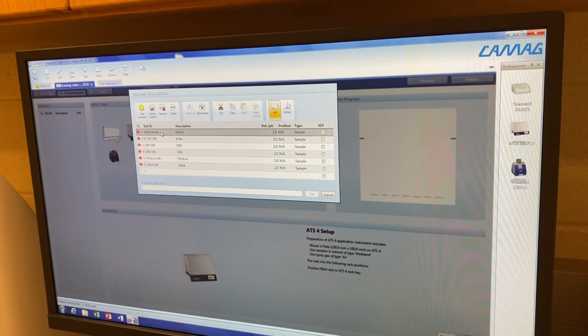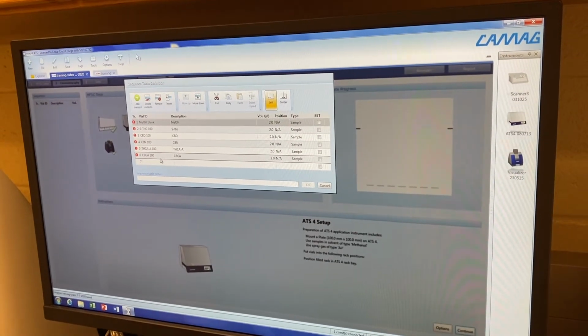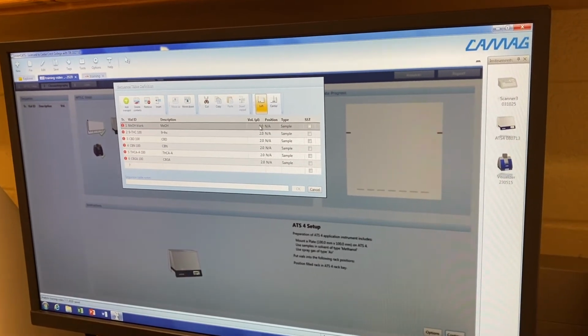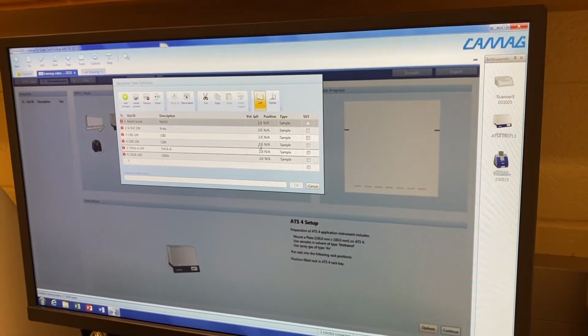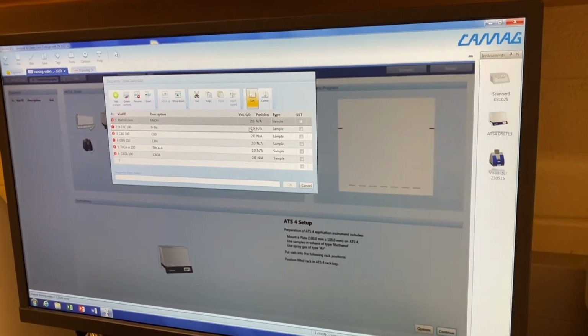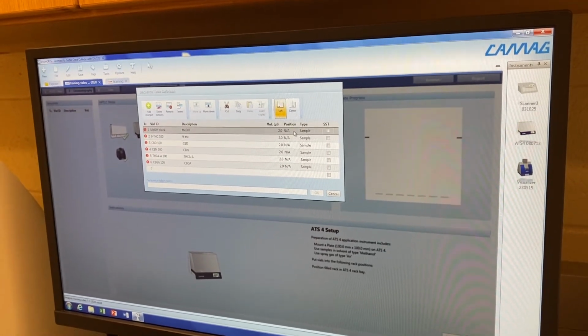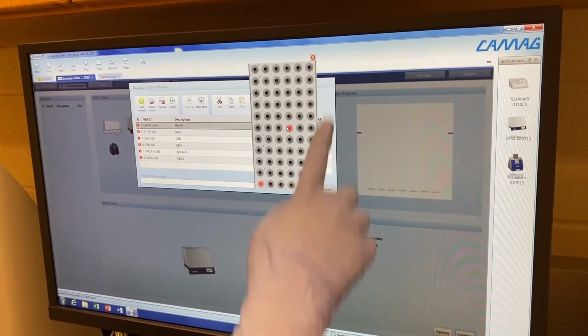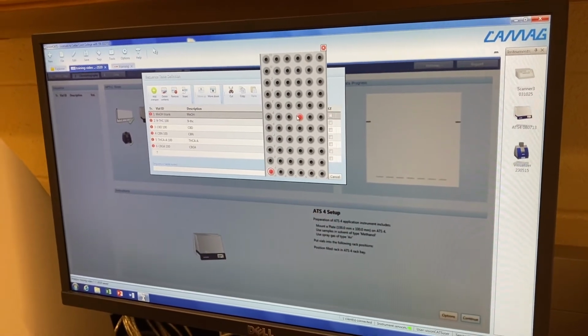So I have put my vial ID and the description in the column. You just need to type it in. And then the volume, the minimum I would say will be 2 microliters. And then when you have the vial ID in, when you click on the position, this rack will pop up,